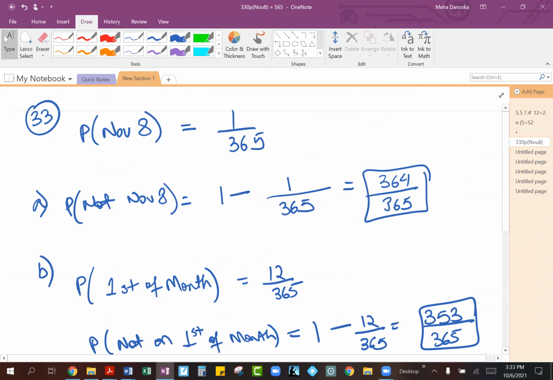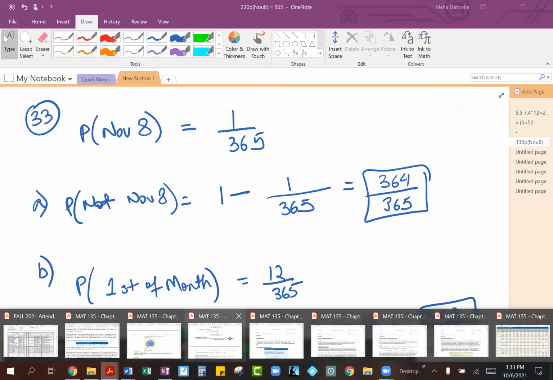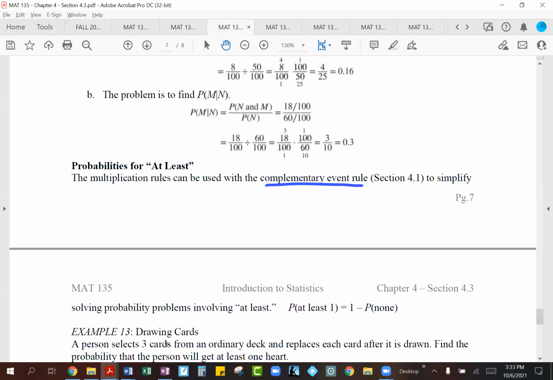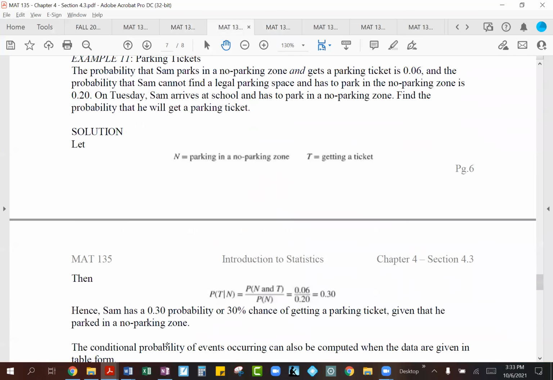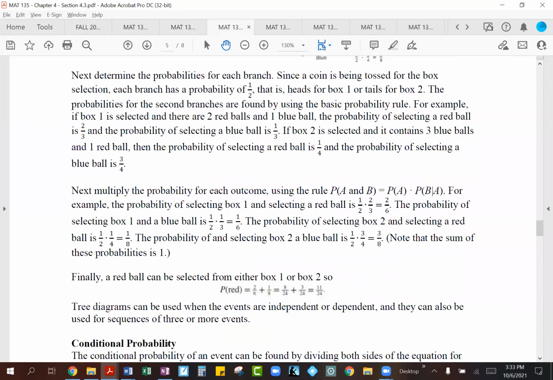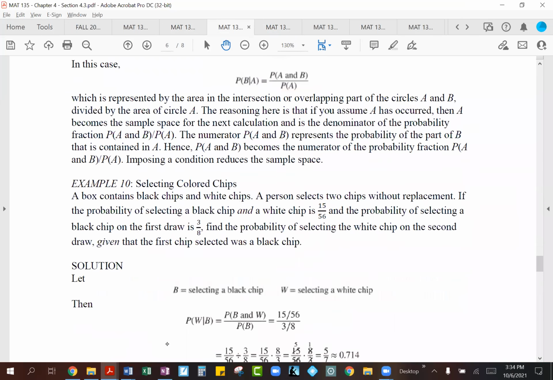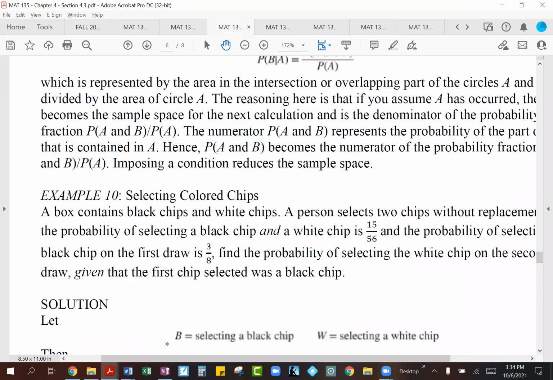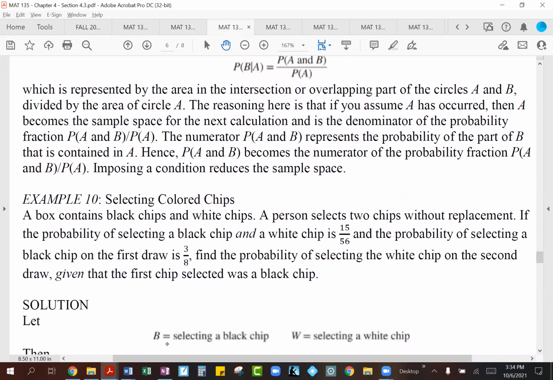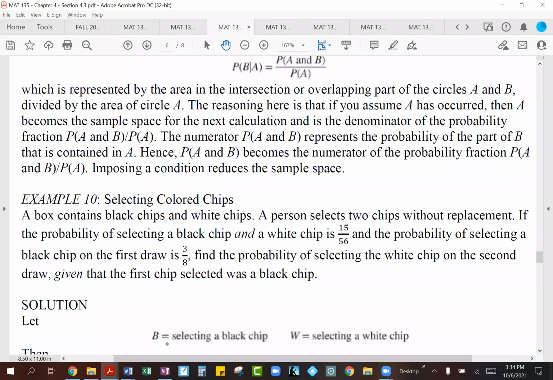Okay, guys, so this actually was not the example I was hoping that we could talk about. So let's just look at an example through your handout, because I just want to show what happens when you're working with these conditional or dependent events. So let's look at this, and we'll kind of hide the solution here for a second. So they're saying a box contains black chips and white chips.